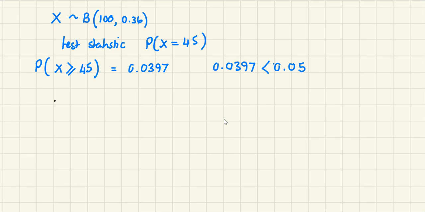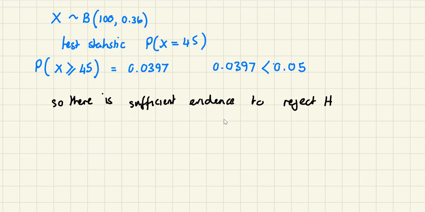So we can say, so there is sufficient evidence to reject H0, and then to put it in context, there is evidence, okay,